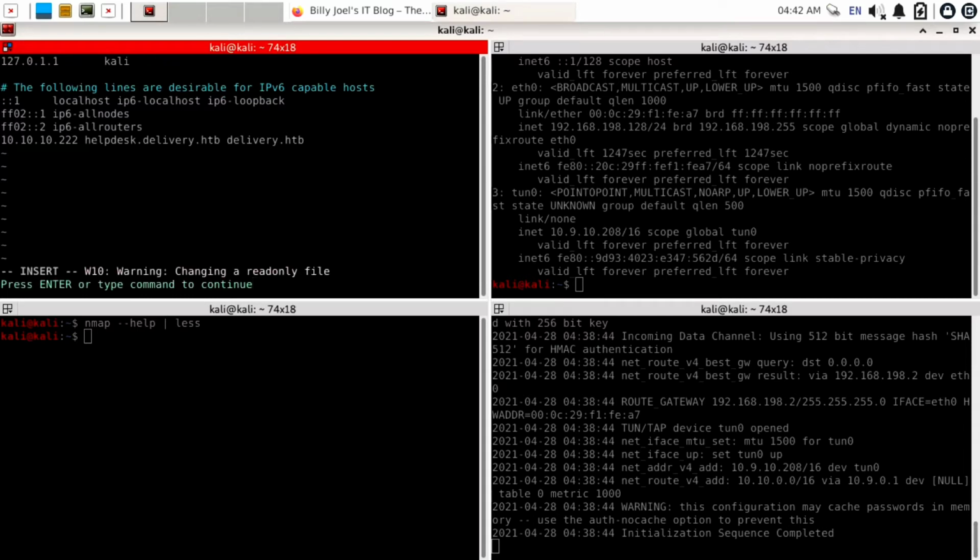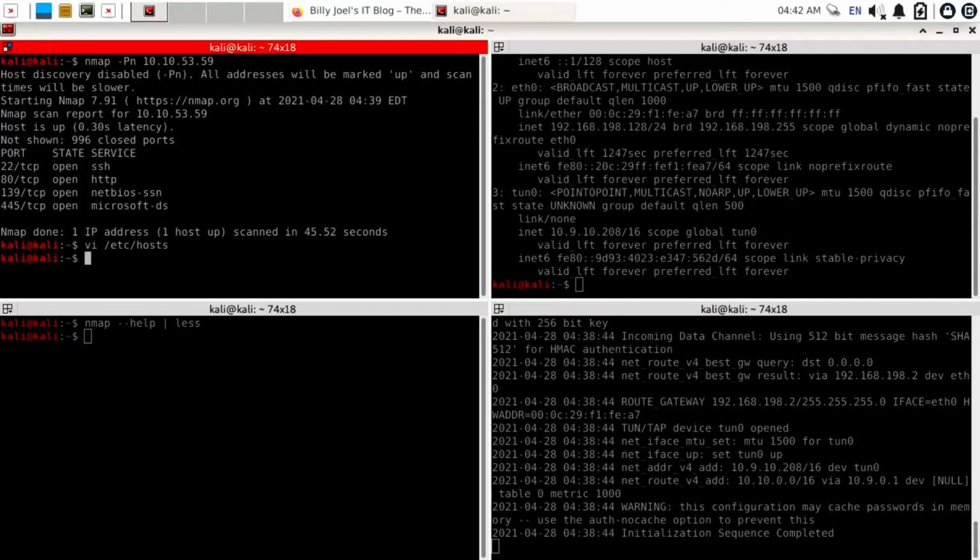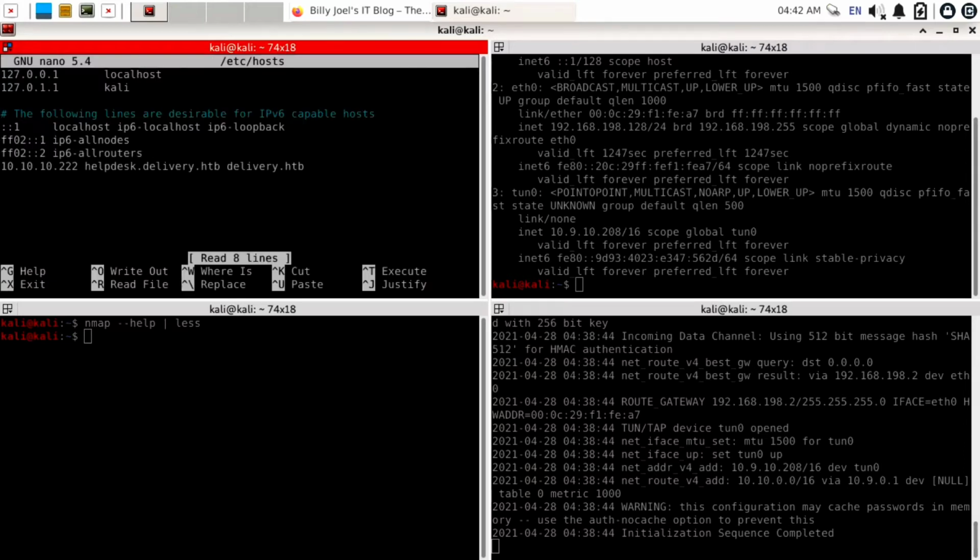Okay, but currently we are in the Kali user and we don't have permission to write this. For write permission, we need to exit from this. So to exit, we will use escape, colon, q. Now to use nano as a root user, you can use sudo nano /etc/hosts and enter the password of Kali. It's kali. Okay, currently we are in the nano session.